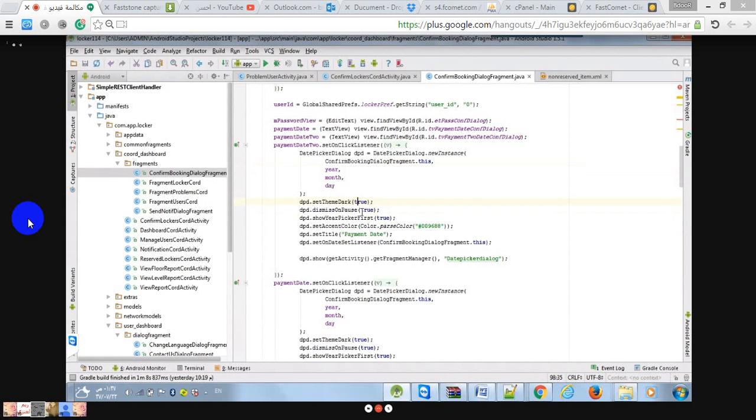I have no idea what that is right now. Show year picker first, true, otherwise it will be date and month here. Accent color, you're setting here. Color.parseColor is a default function. It will parse whatever color code is passed to it. It will return the color and then wherever it's needed. Title set, payment date,